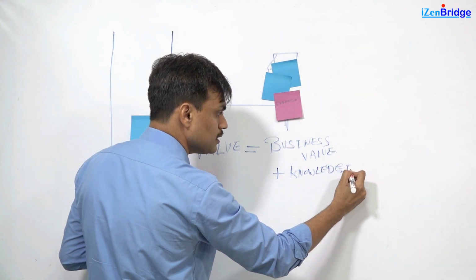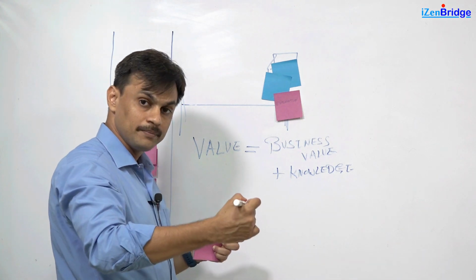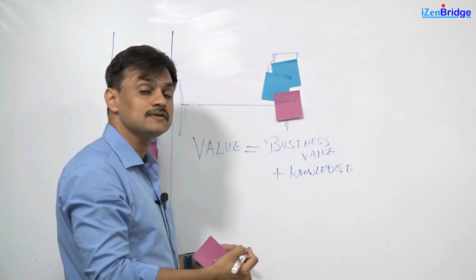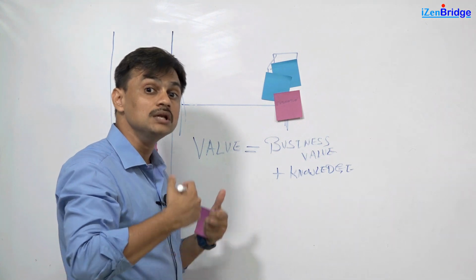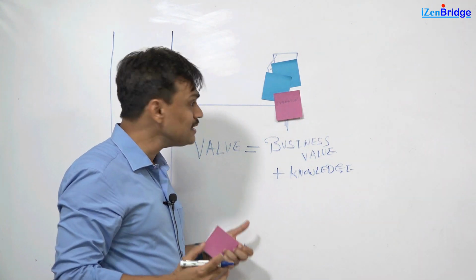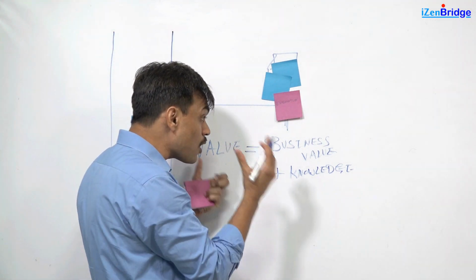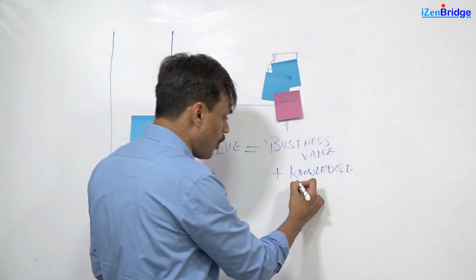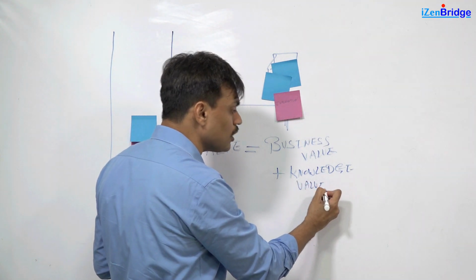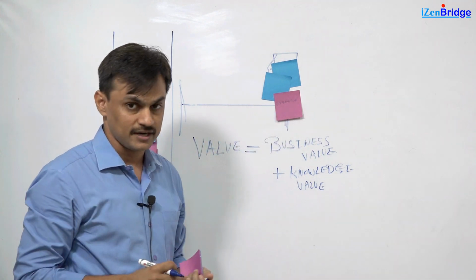Because we are doing complex environment development and iterative development, and we are doing iterative development because we want to learn with each iteration. If we already know everything, then we don't have to do iterative development. So we need to acquire knowledge, and knowledge is about the customer, knowledge is about technology, so that we can meet the customer needs in an effective way.